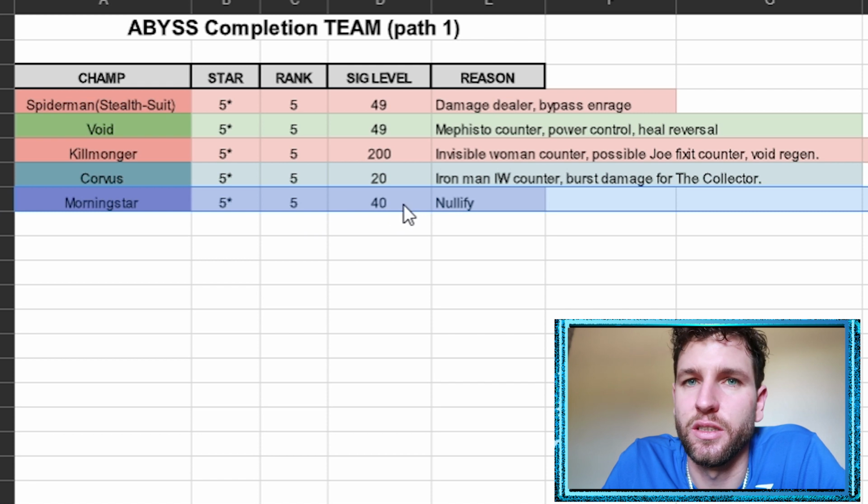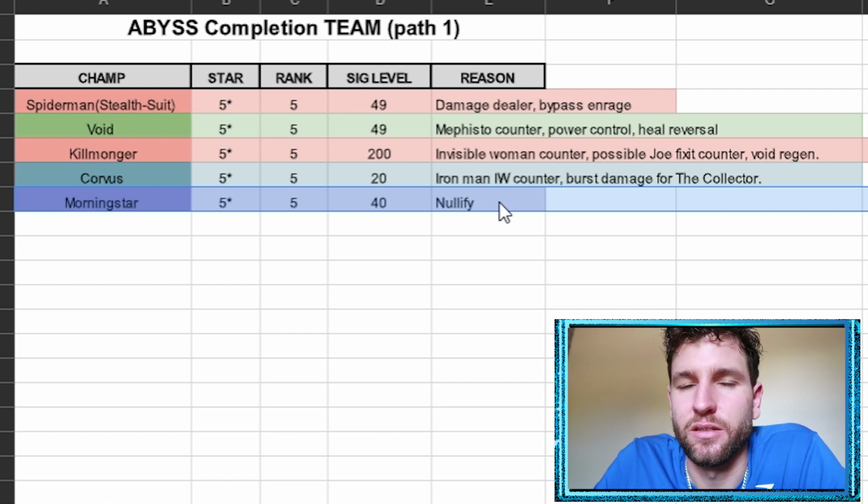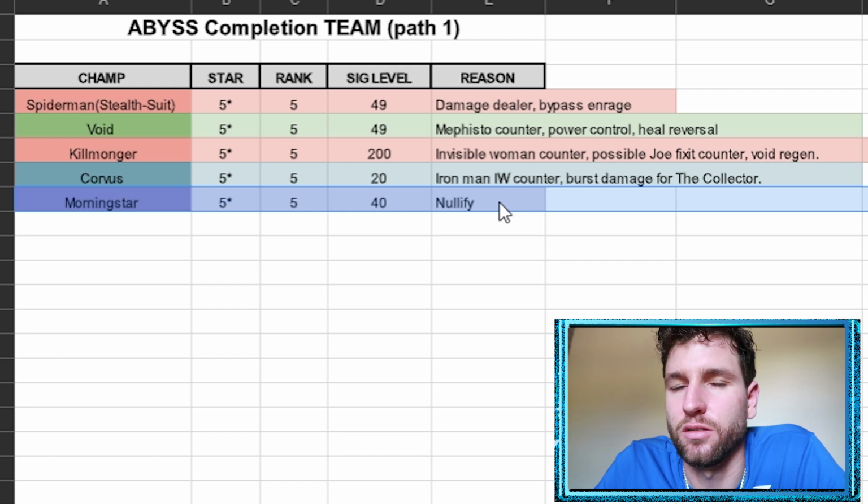5-star rank 5 Sig 40. She was my nullifier. You do need somebody that can nullify or stagger, like Dr. Doom, and she did quite well. If I had it back again, I probably would have ranked up Sim Supreme over her because the Cat Marvel